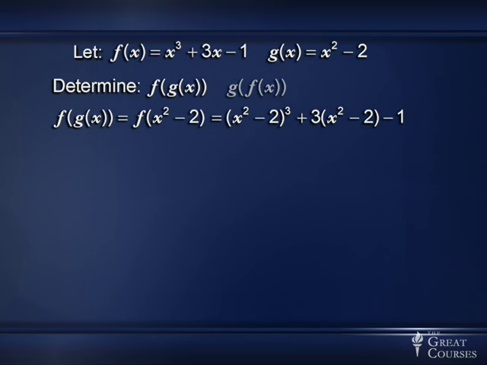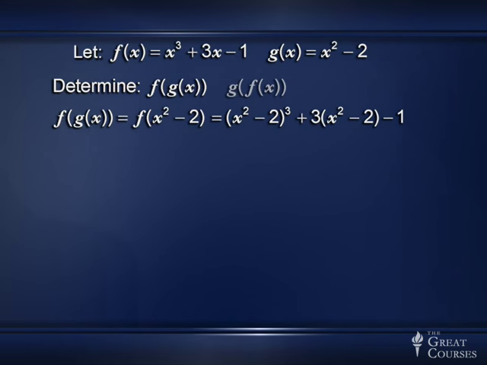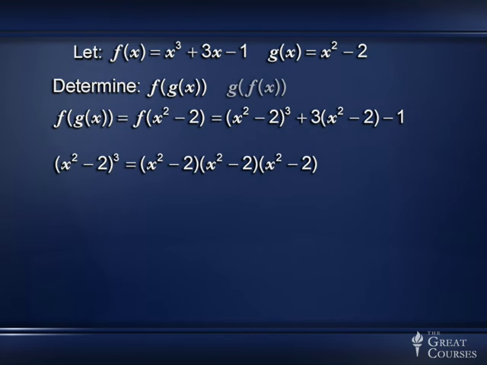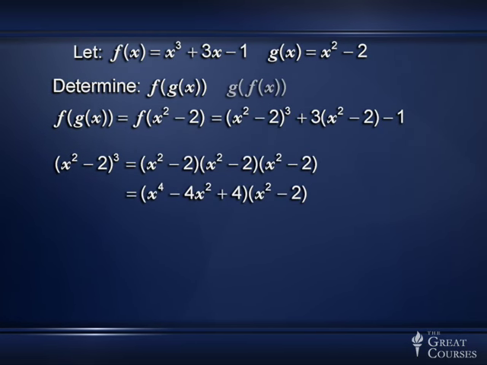And this is similar to just taking something like t minus 2 and cubing it. All it means is you have to multiply it by itself 3 times. So you'll have the following. x squared minus 2 cubed equals x squared minus 2 times x squared minus 2 times x squared minus 2. And when you multiply that out, the first 2 terms give you x to the 4th minus 4x squared plus